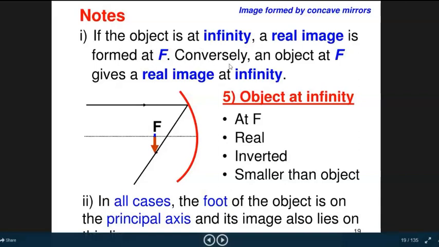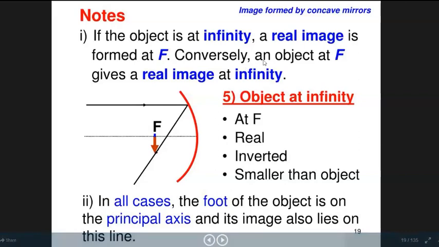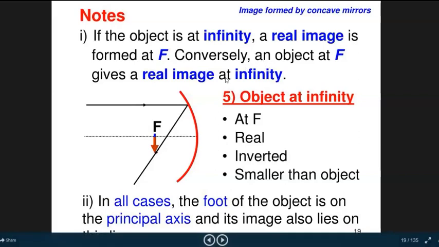Conversely, और इसका जस्ट रिवर्स क्या होगा कि अगर ऑब्जेक्ट खुद फोकस पर ही हो जाए तब इमेज कहां बनेगा? Then real image is formed at infinity. तो कुल मिलाकर के आपका 6 केसेस है। 4 केसेस ऑलरेडी डिस्कस कर चुके हैं और 2 केसेस आपको यहाँ आ गया। ऑब्जेक्ट इज एट इंफिनिटी देन इमेज इज फॉर्म्ड एट फोकस, एंड ऑब्जेक्ट इज एट फोकस देन इमेज इज फॉर्म्ड एट इंफिनिटी। यू सी हियर इन दिस केस